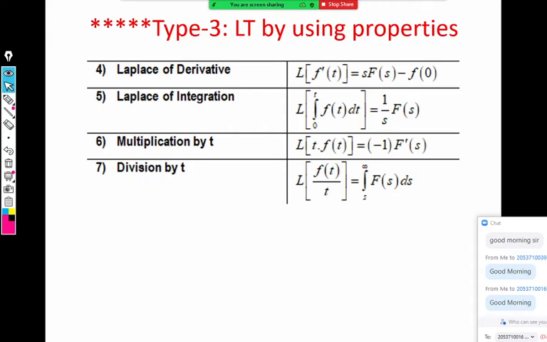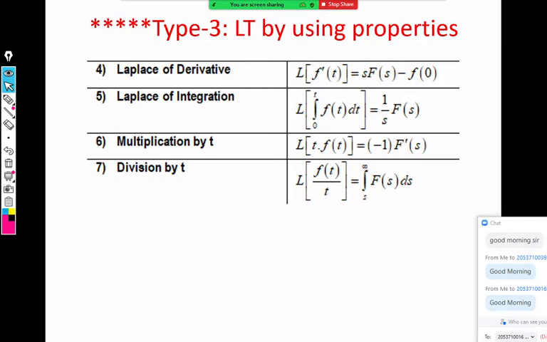So from last session, we started the Laplace transform by using properties. Two important properties we completed in the last session. First is a very trivial property known as the linearity property. And yes, there is no need to learn anything by heart in the linearity property. Just the Laplace of addition or subtraction is the addition or subtraction of their Laplaces. So you have to take Laplace as a linear operator like other operators.